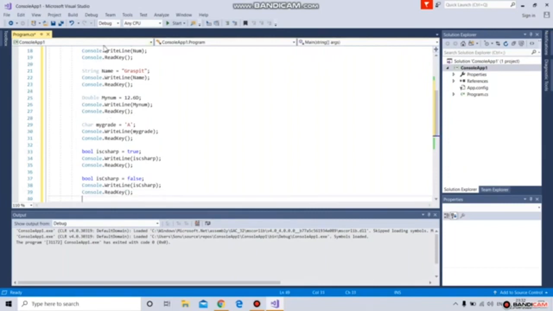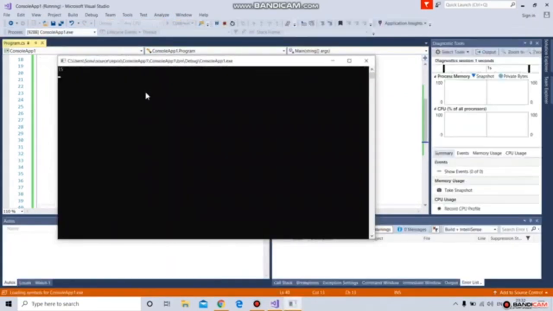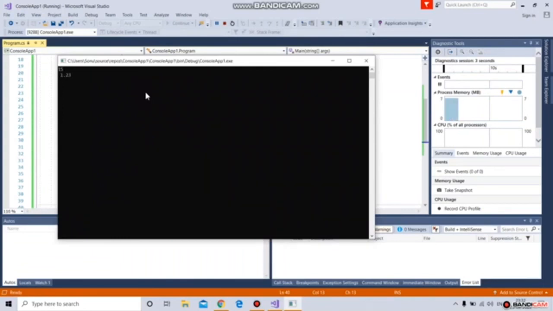Then we will run the program. Just a minute. We will see declare int value, float value, name, it means string, then double,